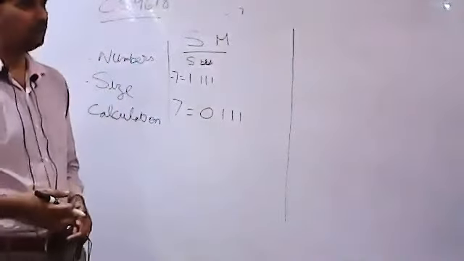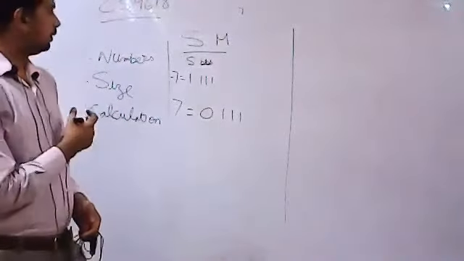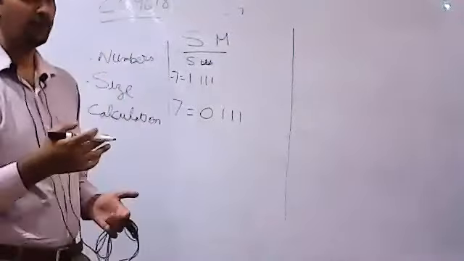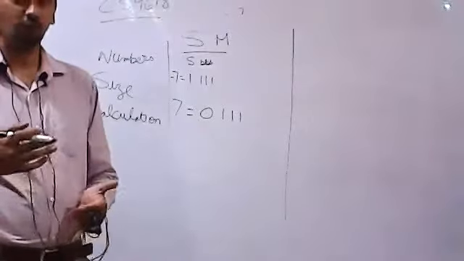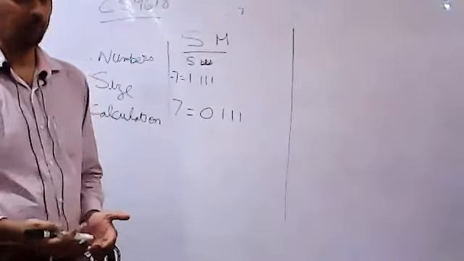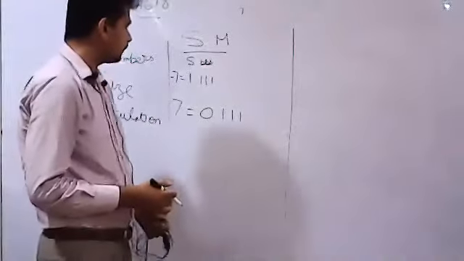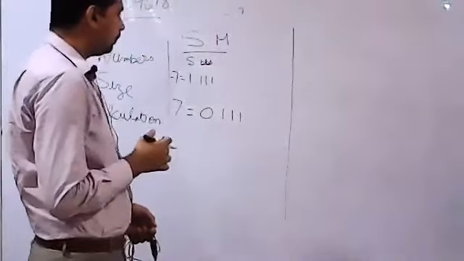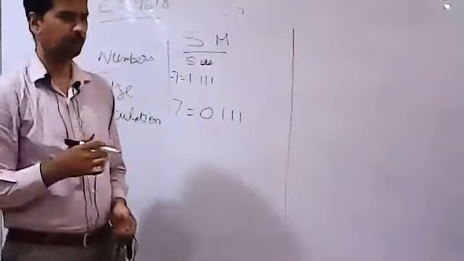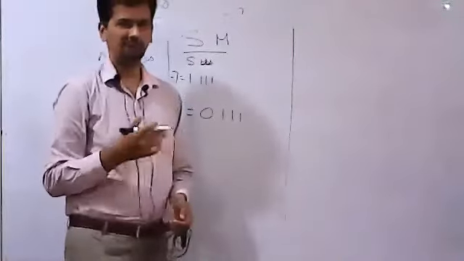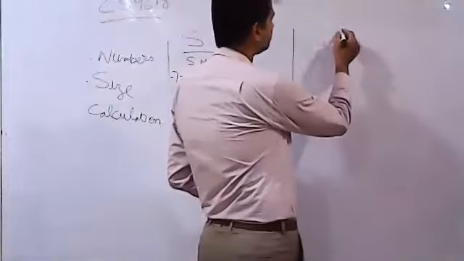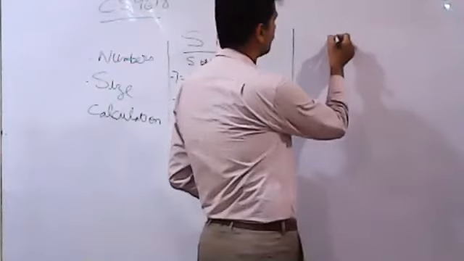Let me reiterate that. The sign magnitude method dictates that we need to reserve one bit for sign and the rest of the bits for the magnitude of the value. Now, nowadays we actually don't use this method in our computers. We use the complement method. And you're going to see in a moment why we use the complement method. For the complement method, let's discuss the ones complement first.